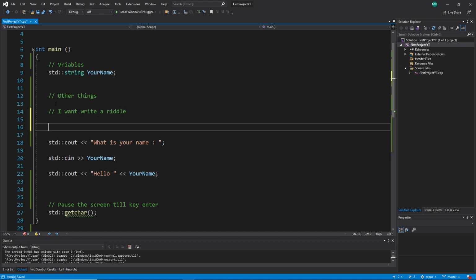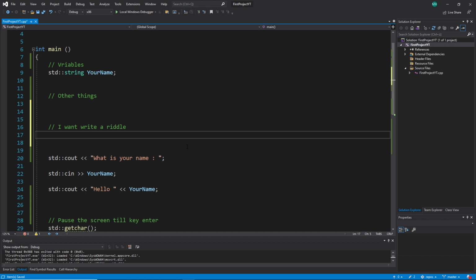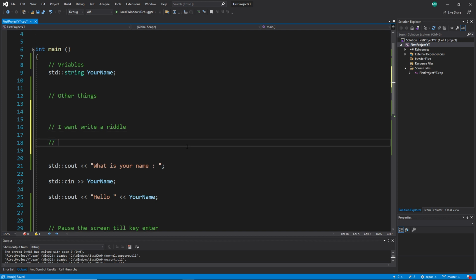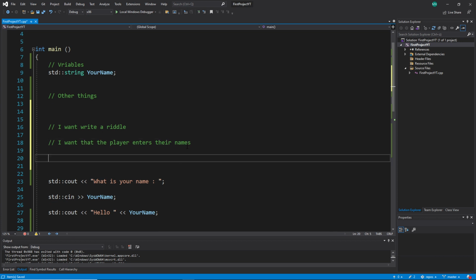So next one, let's go a little bit down. What is the next thing that I want to do? And how I want to write this riddle, and what the player should do, and so on. Now I have to specify all these kinds of things, but we make it very simple. I say I want the player to enter their name. Okay, they should enter their name. And then next, I want them to guess